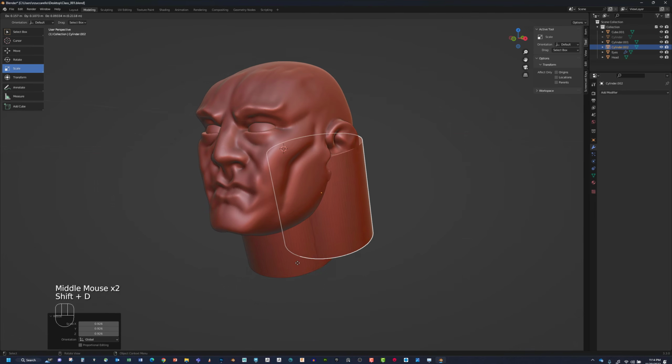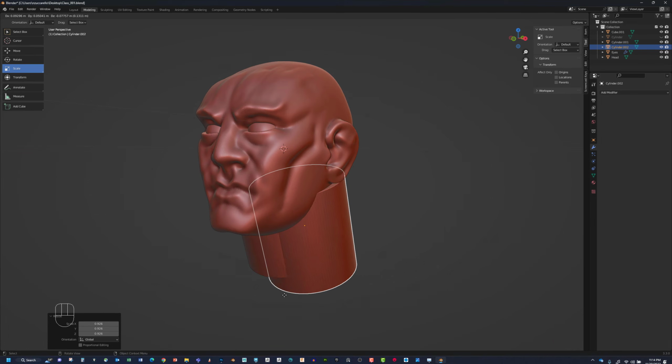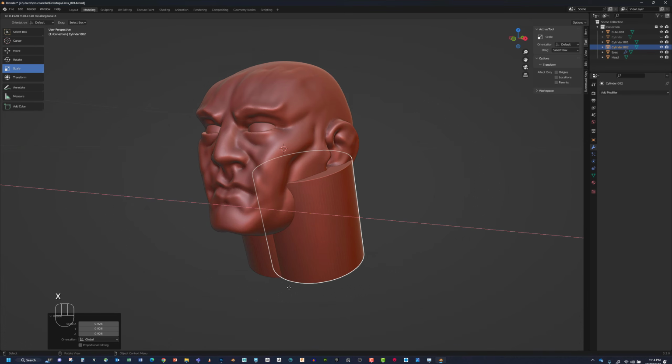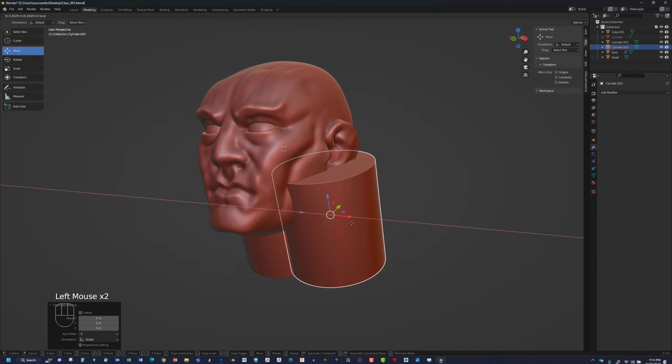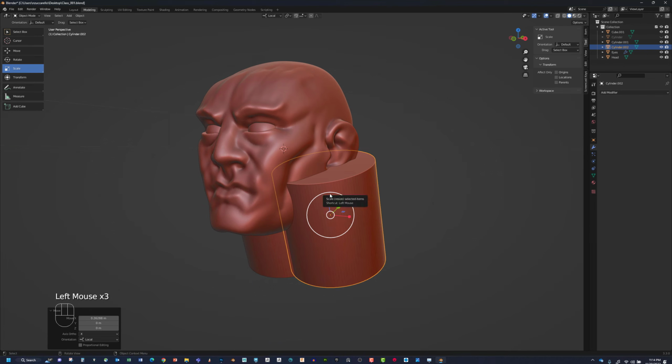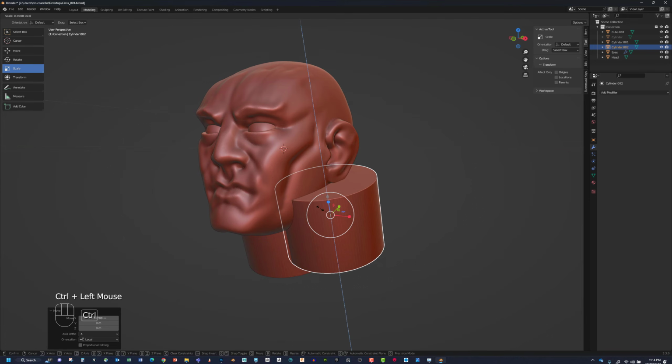And if I do Shift D, that'll make a duplicate of it. And again, if we want to control this, if I tap X, I can move this off to the side over here. Or you could just right click and it'll just put it right over the top of the old one. So depending on what you want to do with this, I'm just going to put this over here and move it. I'm going to scale this, so I'm going to make these into some smaller muscles,